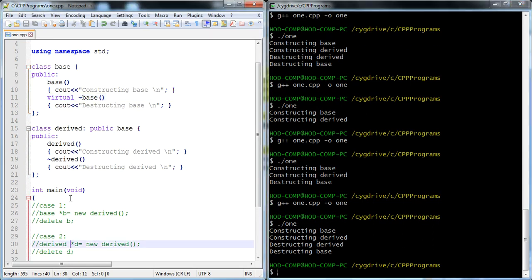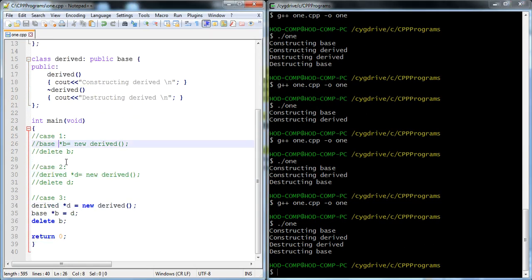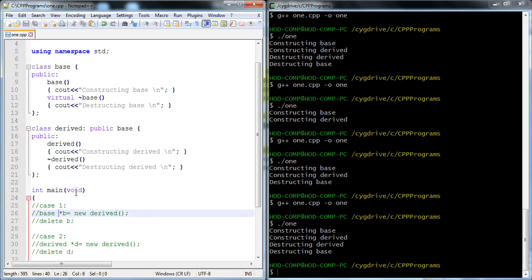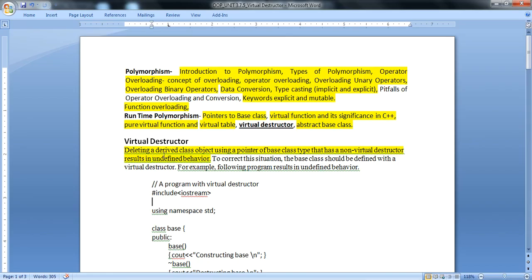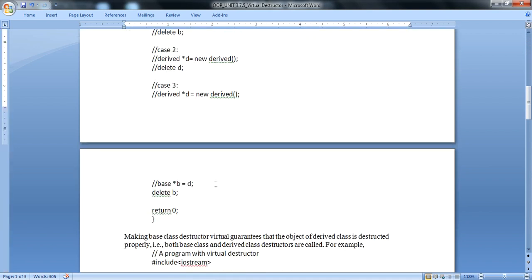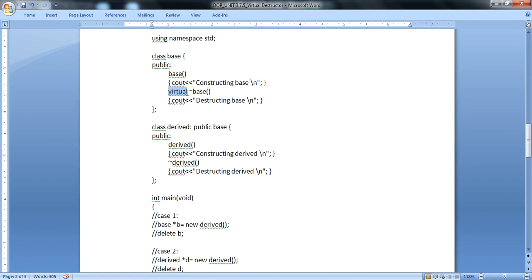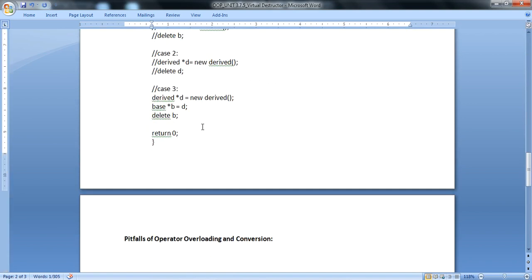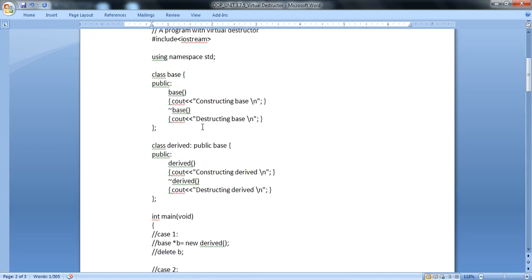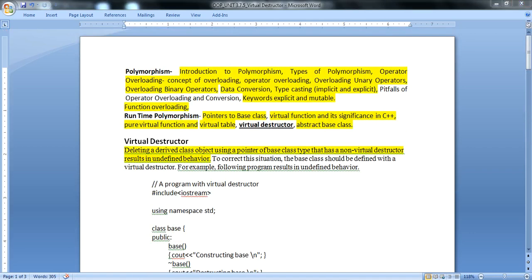Okay, these are the different types of cases showing how constructors and destructors work, and how exactly the base class virtual destructor reflects on the derived class destructor, right? That is the concept of the virtual destructor, and this is the explanation. This is the code. Now this one is another code with only a virtual keyword, and the reflection. That is the end of the concept of virtual destructor. Thank you.